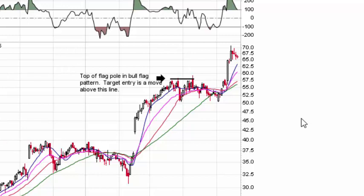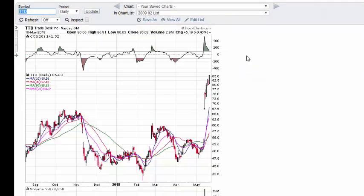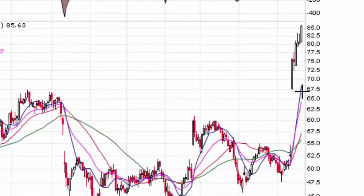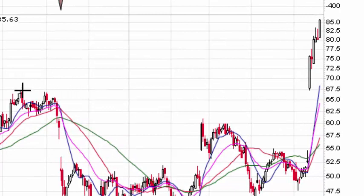We have Trade Desk too. We mentioned this on the site the Thursday before the big move here. And what we said was that it had a big earnings beat and was clearing this consolidation. Okay, and if the price went above the pre-market highs, we would jump in, and we caught that for a real nice day trade. We bought it here around 69 and sold our final shares here in the low 80s,